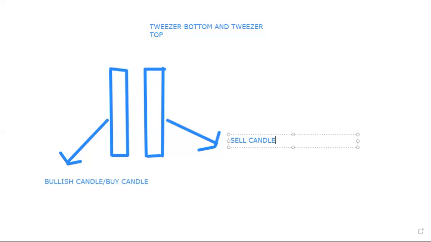For this candle formation to be considered as a reversal signal, if it occurs around the resistance zone,